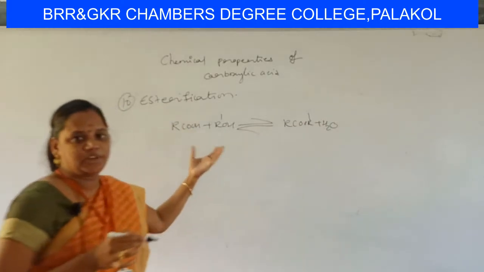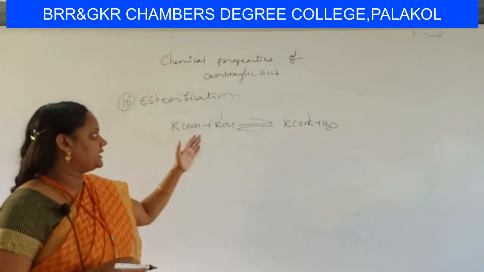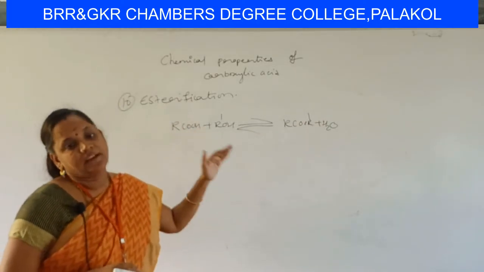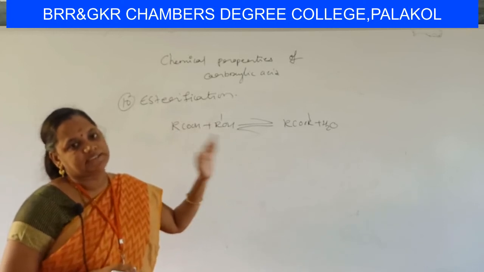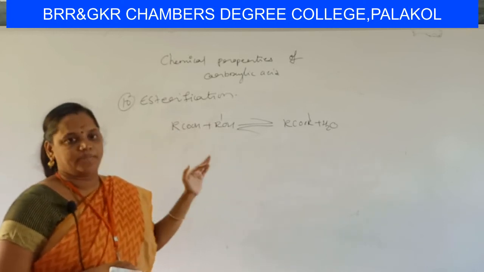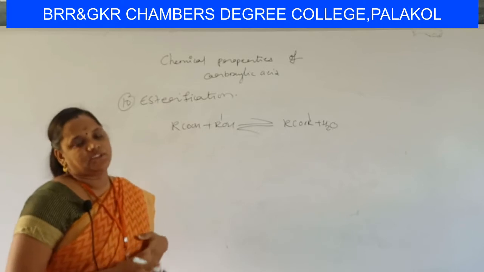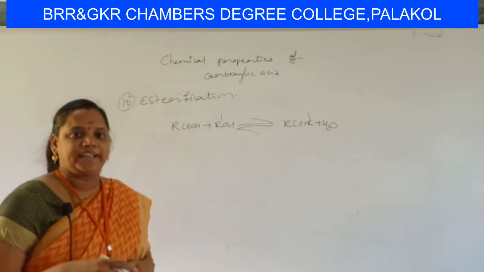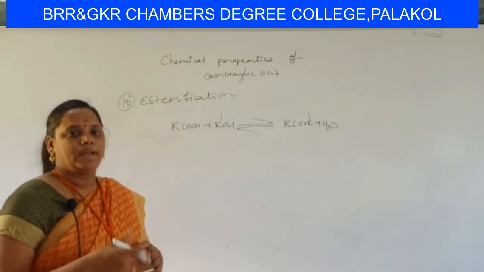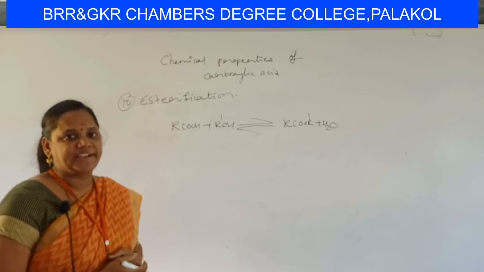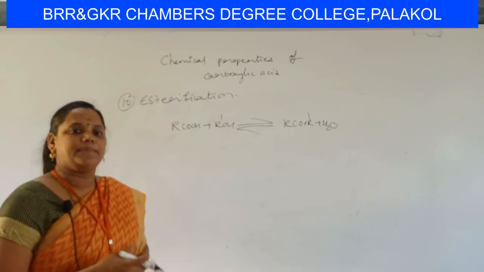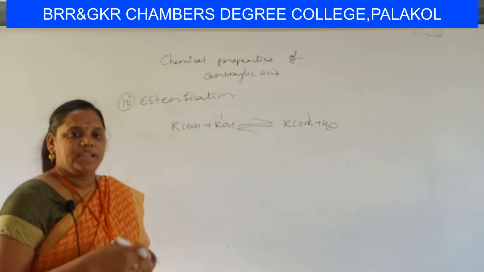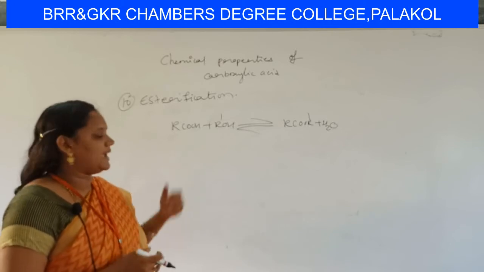This is a reversible reaction, students. Acid plus alcohol can give ester. When ester undergoes hydrolysis, acid and alcohol are formed. This is a reversible reaction. And esterification can be done in two ways. One way is in the presence of acidic condition. The other way is in the presence of basic condition. We can carry the reaction under acidic